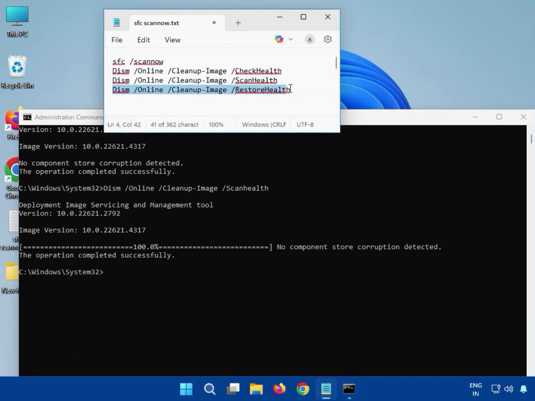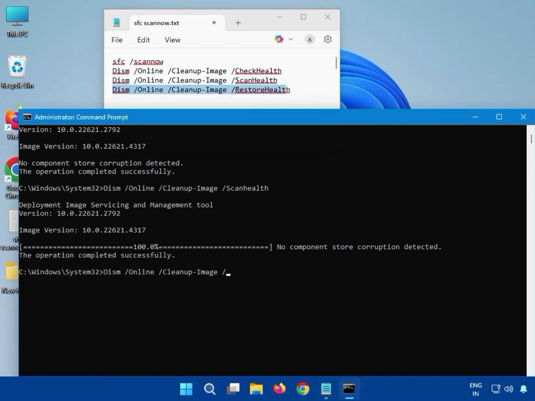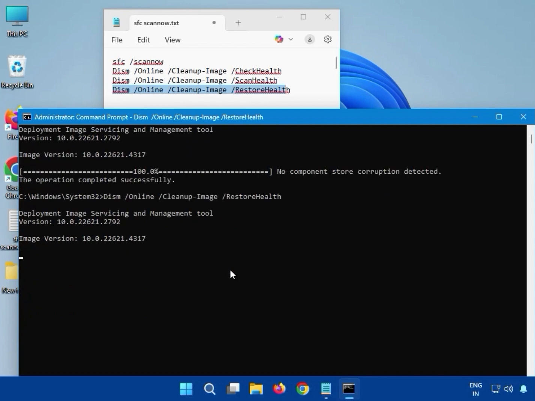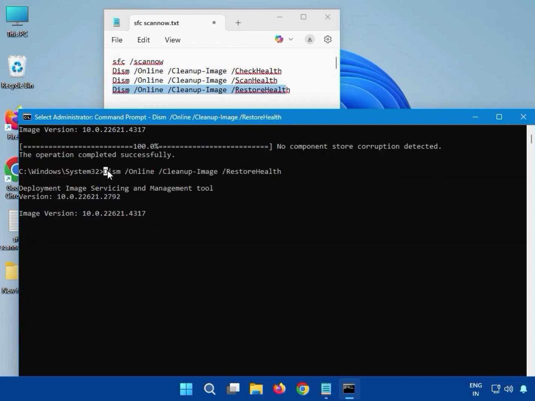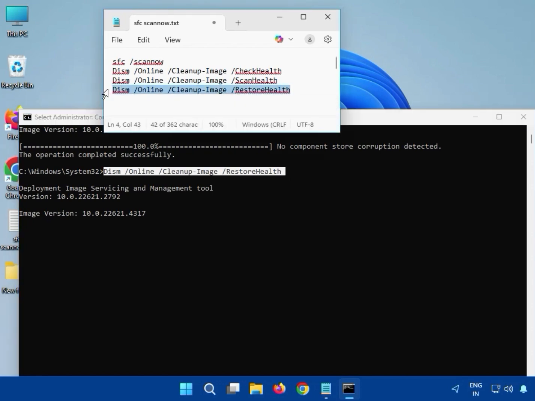Then guys, the fourth one is restore health. You can see here, we can enter DISM and all. And please note small and capital. Okay, restore health, and then hit enter. Again guys, you have to wait. Okay, it starts showing the percentage. It will complete. After that, you can see here